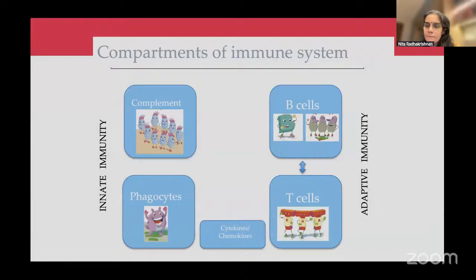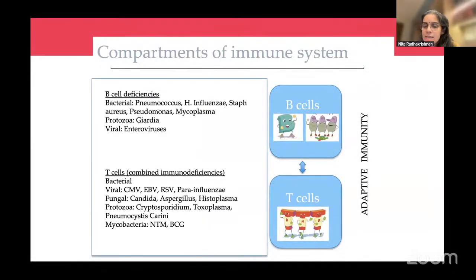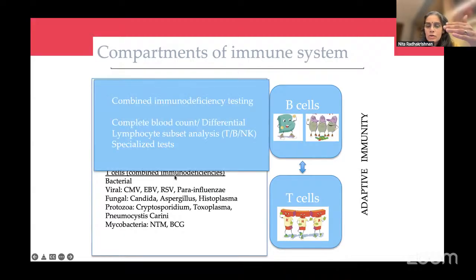Similarly, in T cells, I said always, because it is the dawn, so it is going to cause bacterial, viral, fungal, protozoal, or mycobacterial infections. Any of these infections can be seen in T cell disorders. In T cell disorders, again stepwise evaluation: complete blood count and immunoglobulin profile would be similar. Lymphocyte subset analysis will show you which subset of lymphocytes is low, whether it is T, B, or NK. And from that pattern, you can understand which group of genetic disorders it is going to be.